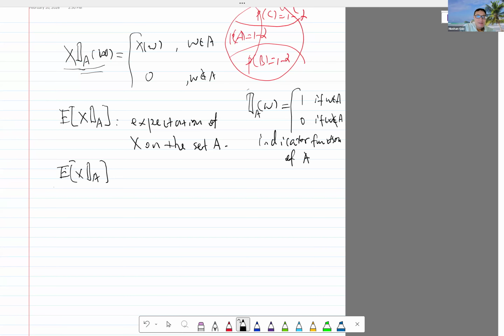Expectation of X divided by probability of A. What is that? This is just the average of X on the set A. Right? Can you understand this? If you recall from MTH 304,